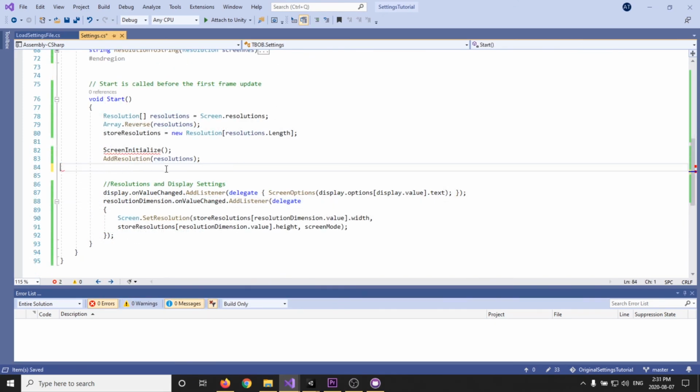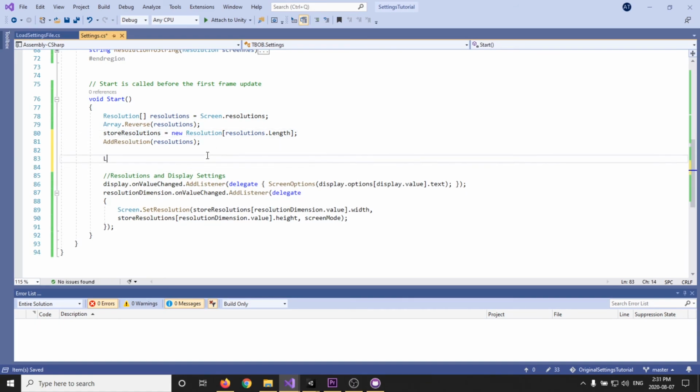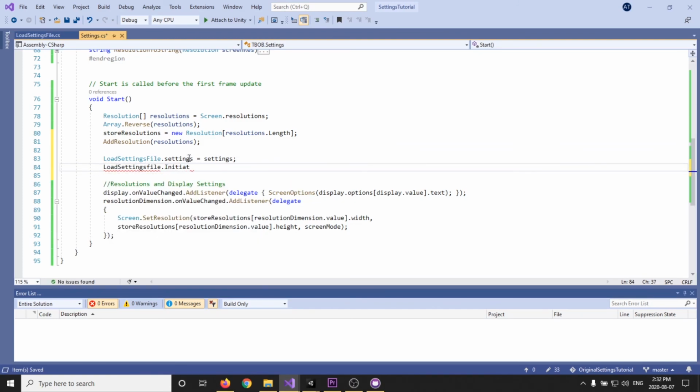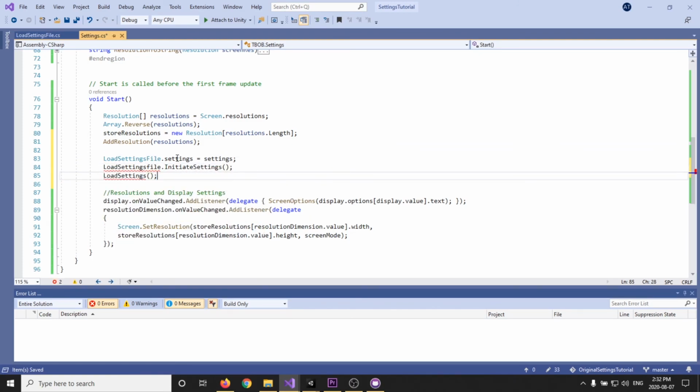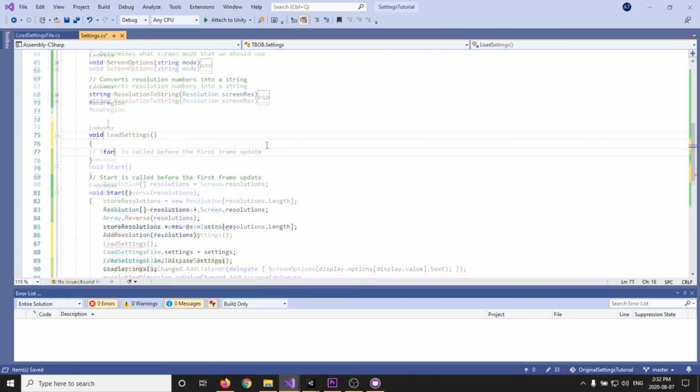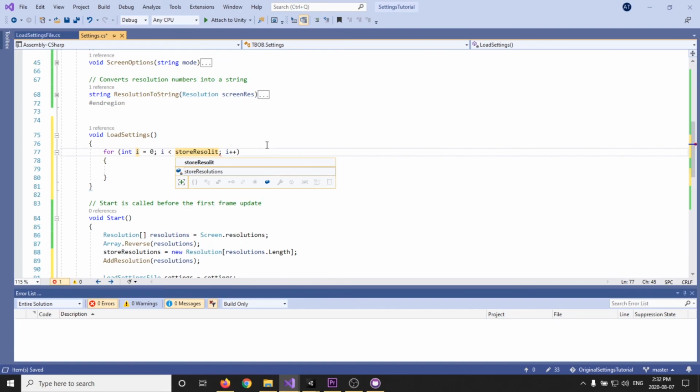In our start function, we will delete the screen initialize and resolution initialize function calls. We will pass the scriptable object to the load settings file script to read and write on. We will also call the initiate settings function from the same script and call load settings that we will create now. In this function, we will essentially look through all the viable resolutions and match it with what we have